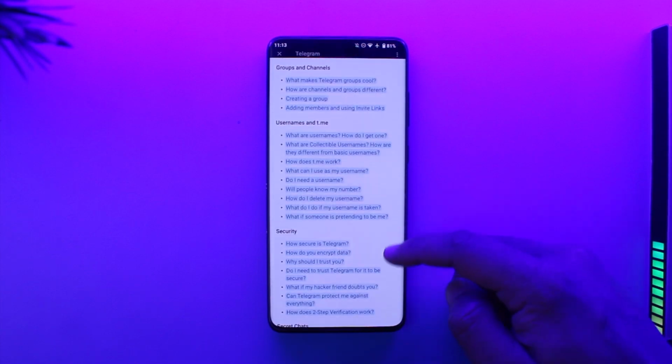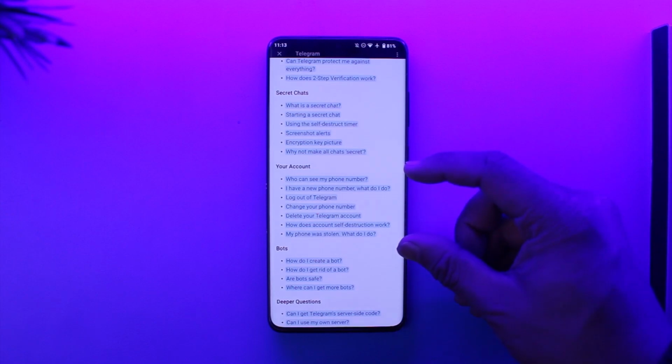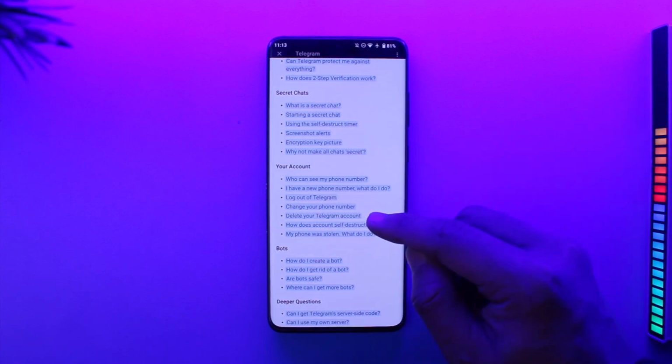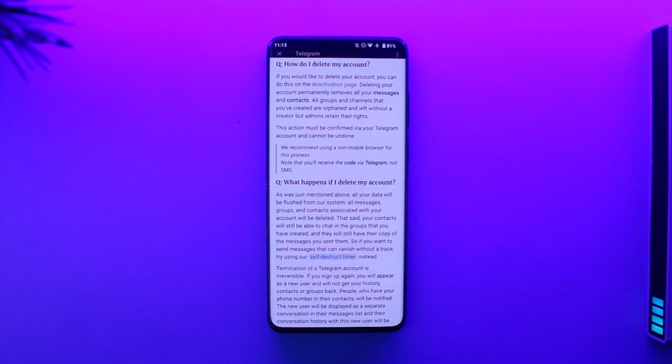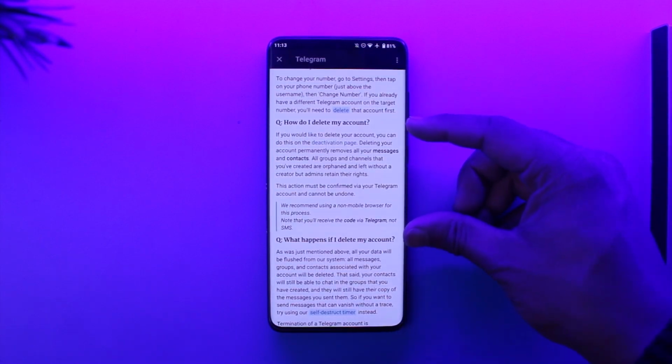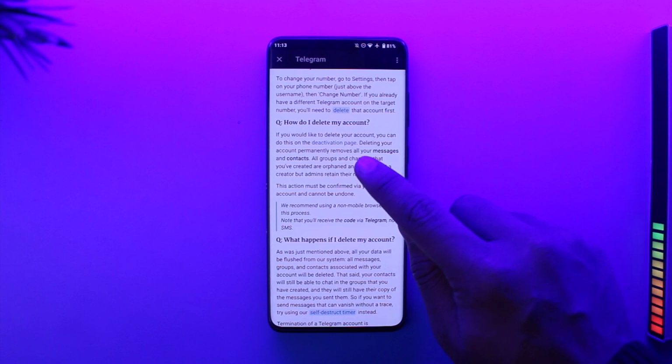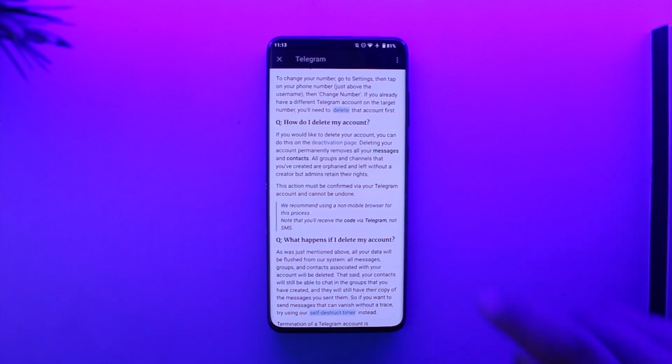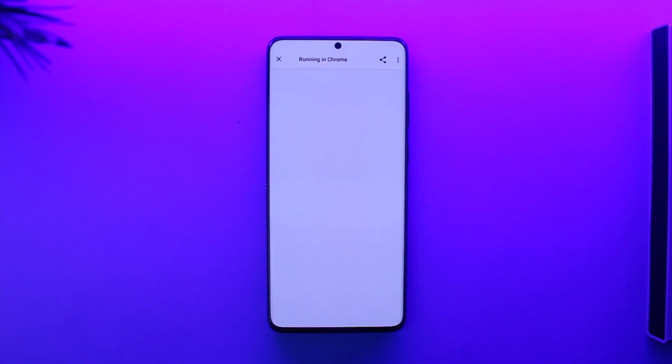Then scroll down to the bottom again, and then you'll find an option that says your account. From here, what you have to do is just go to this option here that says delete your Telegram account. Then you'll find this type of pop-up in the question mark that says how do I delete my account, and if you look closer, you'll find a little deactivation page option. So just tap on the deactivation page button here,